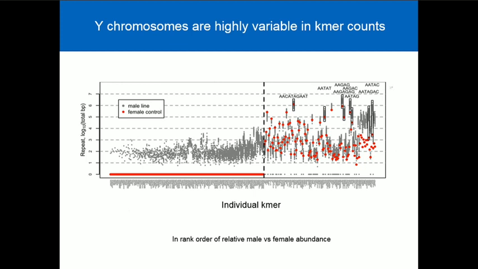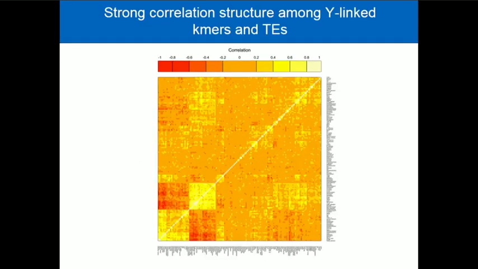AATAC here is one that had been known to be Y-linked from Brutlag's work, and in fact we see a much greater abundance on the Y chromosome than we see in females. So there are a few positive internal controls here that we knew about already, and we have a very good complete picture now of that difference in heterochromatin.